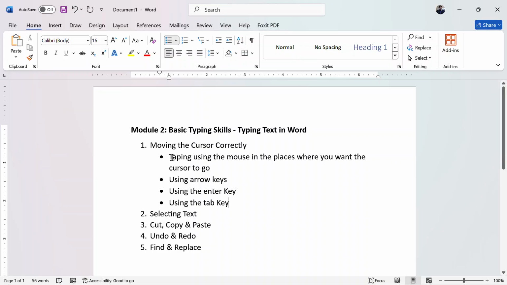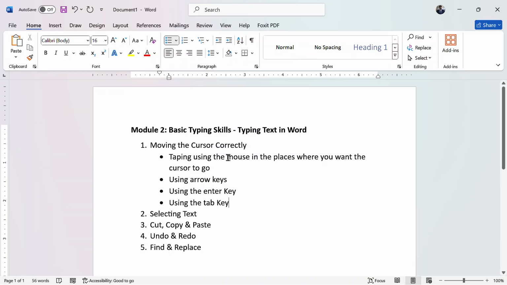So that's how you can move the cursor: using the mouse or the touchpad if it is a laptop, using the arrow keys, using the enter key and using the tab key. I've said using the mouse, you tap where you want the cursor to go and it goes there. In this one, you can even move over lines and so many other things. Number 2, arrow keys. Arrow keys go one letter by letter and one word by one word.